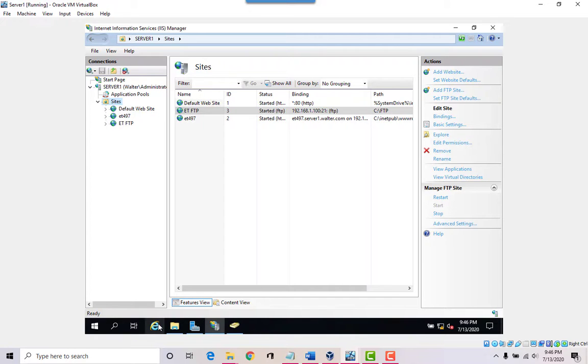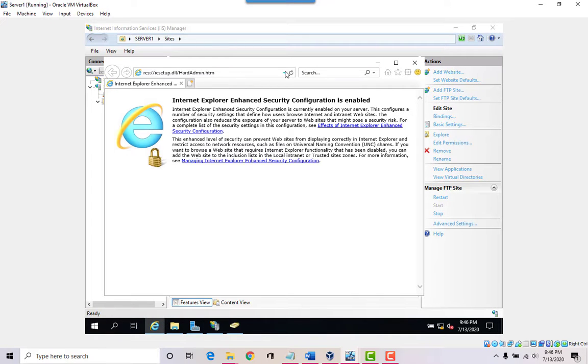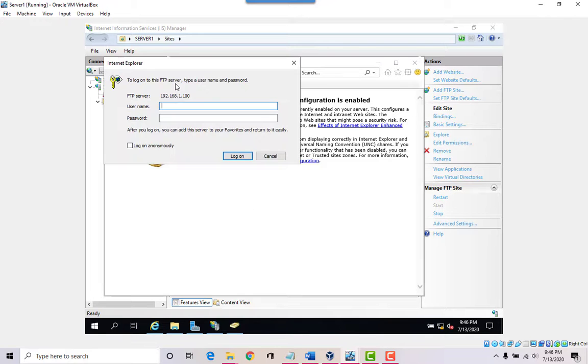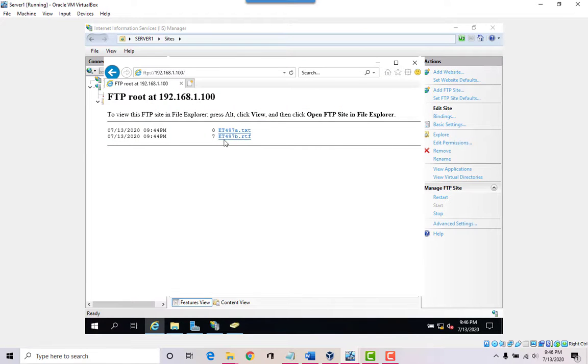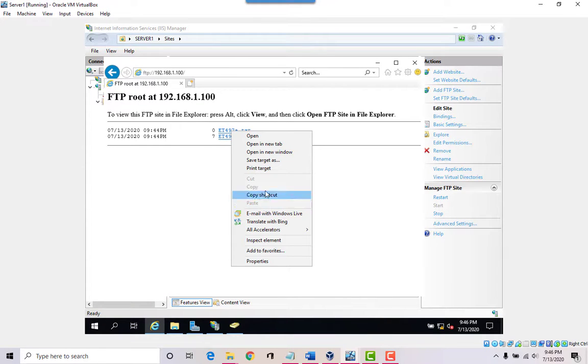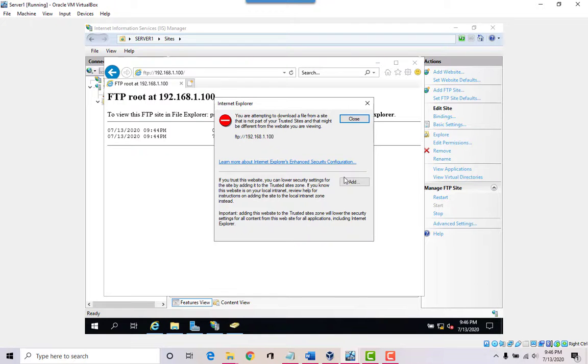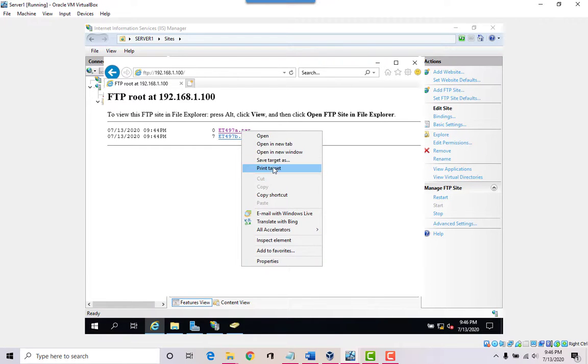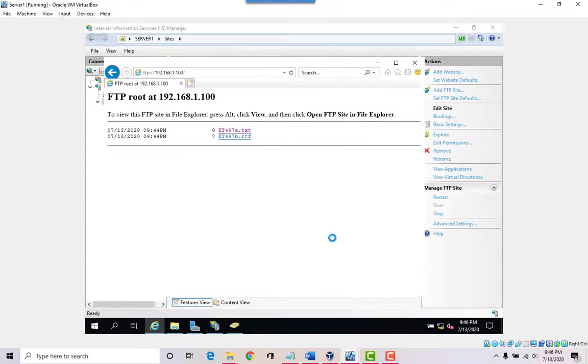So all we have to do now to access those two files is go here and type ftp://, the IP address of the server, put in user1, put in the password, log on, and there are my two text files that I had. Right, so from here I can access them, I can save them if I wanted to. This is the secure server. Next time you save it, you can just save those files wherever you want to.